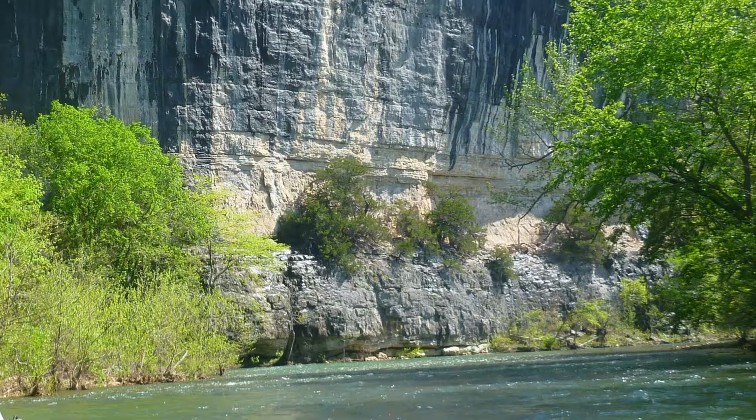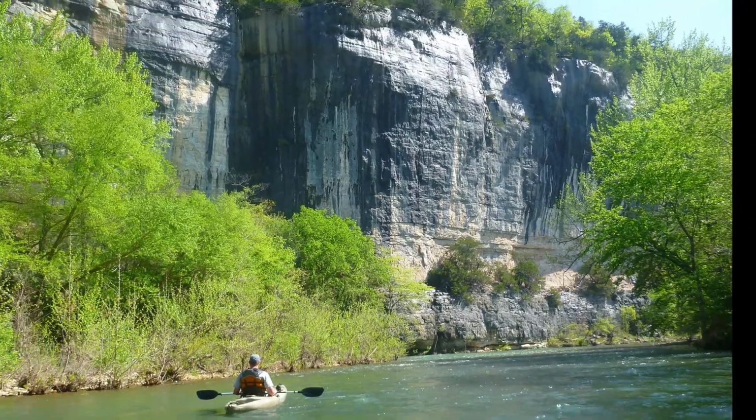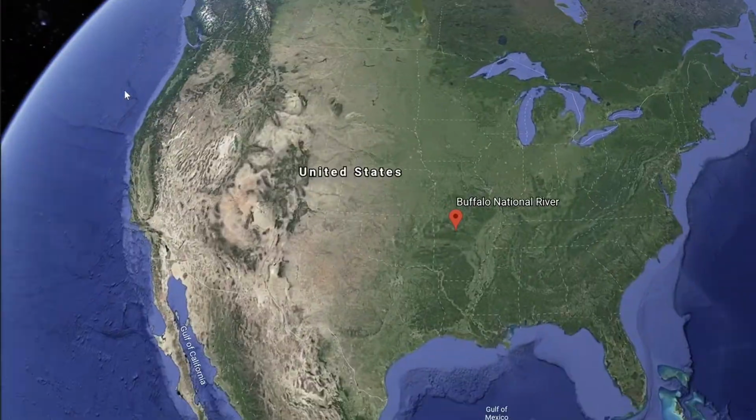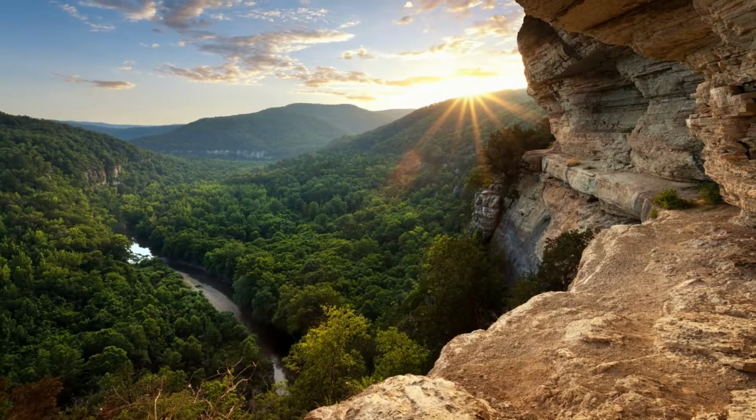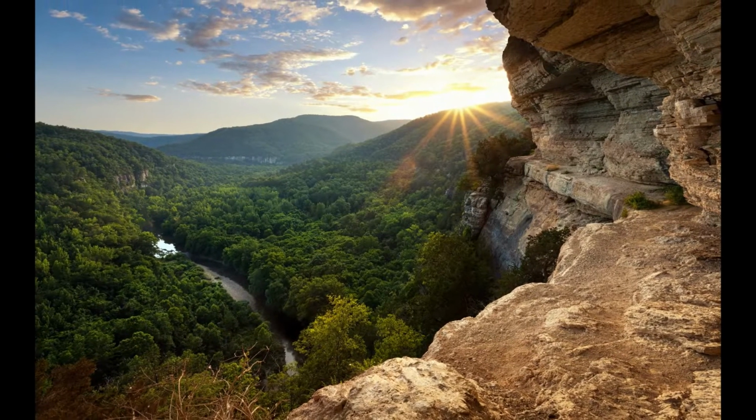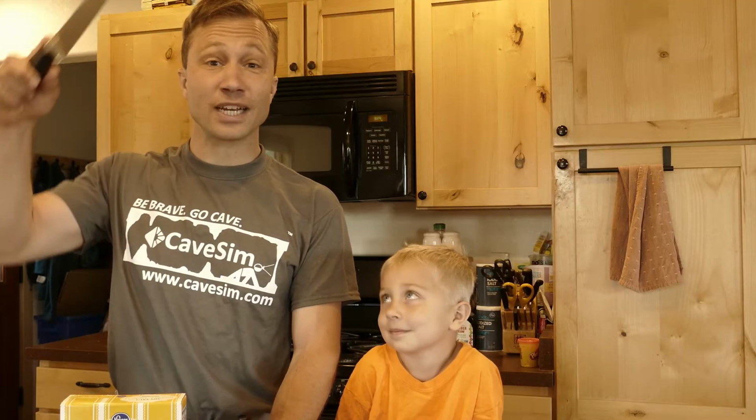To make our cake realistic, we're going to model it after the Buffalo National River in Arkansas. The Buffalo National River is an area of the United States that has a lot of karst, and it's also a very, very beautiful place with very important resources for people. If we could slice the Buffalo National River in half, which we would never actually want to do, it would